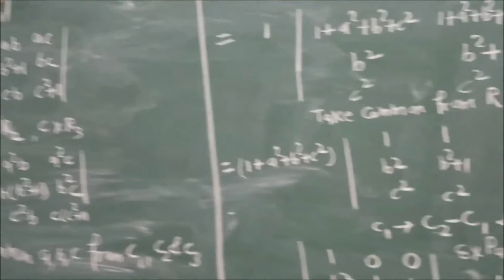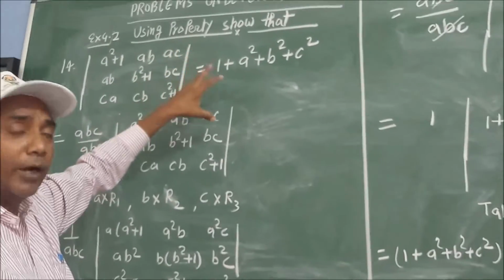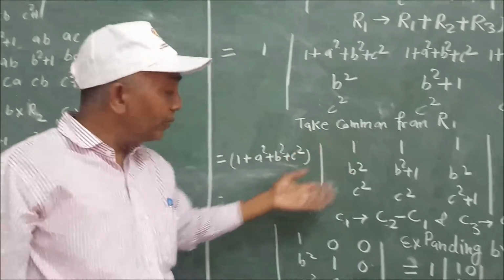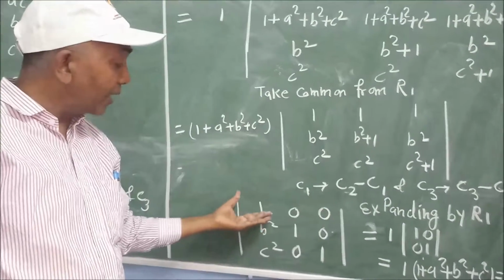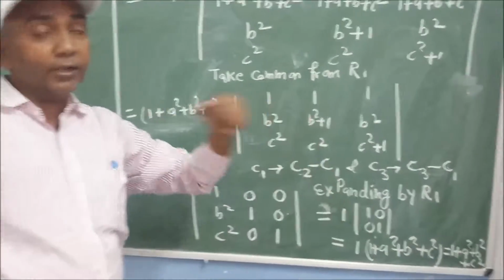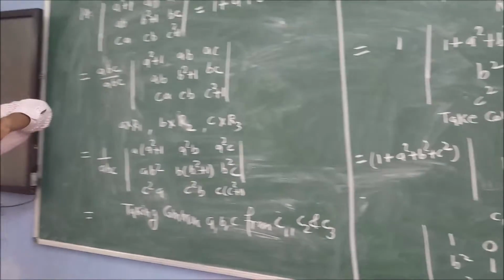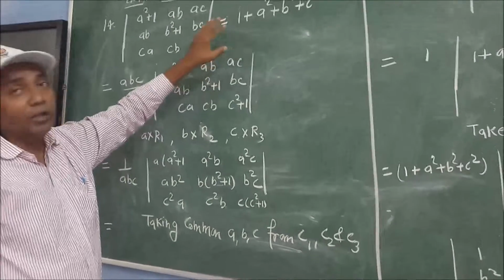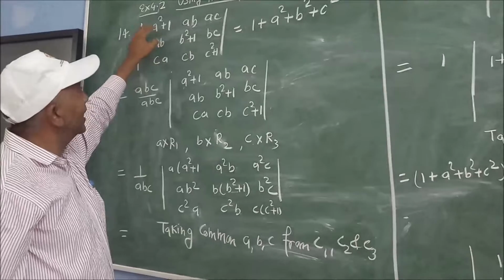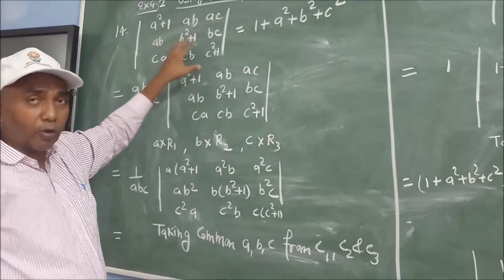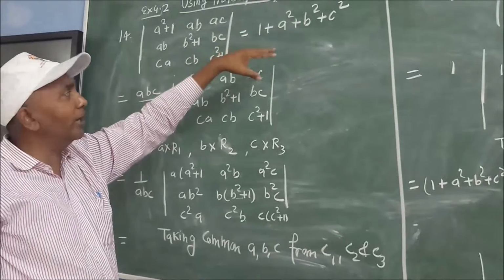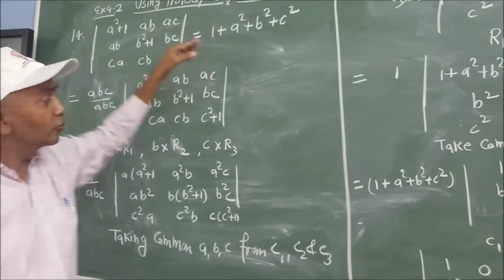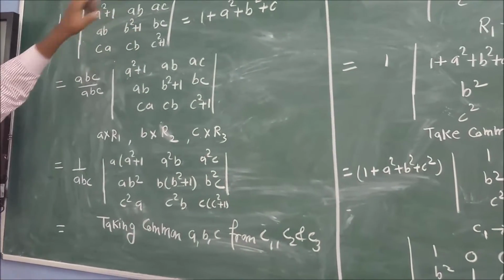So you are seeing what I have done. We have used the property and tried to solve the determinant by getting the maximum number of 0s. After getting 0s, we expand it and we get the result. You have to do this in every problem. First, your tendency should be to try to get the RHS. If it is not possible directly, then try to get maximum 0s in a row or column of the problem, and expanding by any row or any column, you will always get your answer. You have to find the RHS answer. If you do so, you will get the solution of the problem.